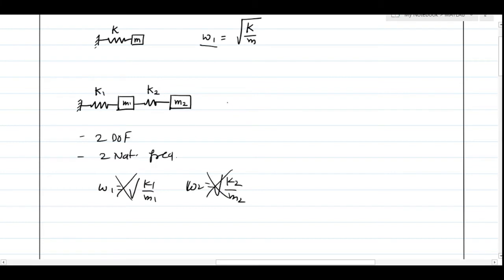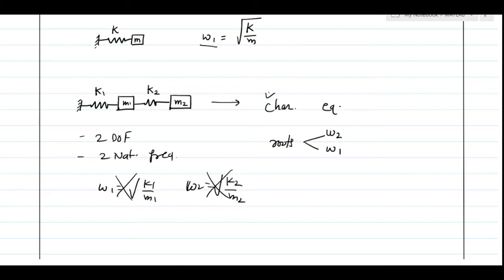To get the right solution, we have to write the characteristic equation for the system, and by solving the characteristic equation we will get the roots of the characteristic equation, which will give us the two natural frequencies. So it is not that we can simply write m1 or k1 and get the natural frequency. We have to first make the characteristic equation, and then solving the characteristic equation will give the natural frequencies. In addition to that, the characteristic equation will also give you the eigenvectors that will give you the mode shapes.